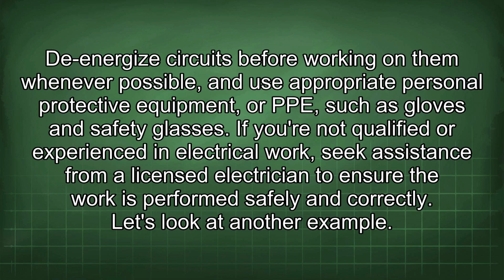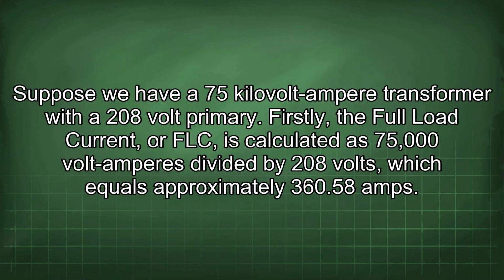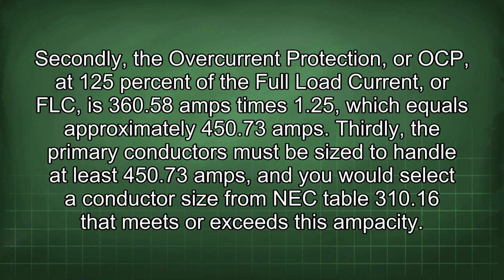Let's look at another example. Suppose we have a 75 kVA transformer with a 208 volt primary. Firstly, the full load current, or FLC, is calculated as 75,000 volt-amperes divided by 208 volts, which equals approximately 360.58 amps. Secondly, the overcurrent protection, or OC, at 125% of the full load current, or FLC, is